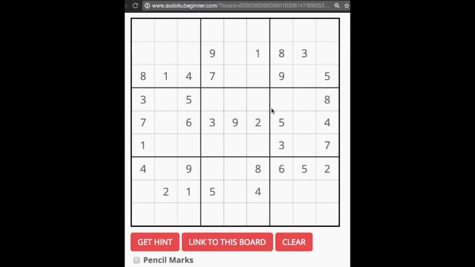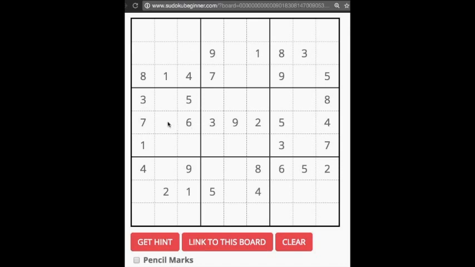This is a moderate puzzle, which means that we might not be able to solve it entirely using simple techniques. We might actually have to turn on the pencil marks and use a little bit more advanced techniques. But let's get started. So the first thing that jumps out at me about this puzzle is that this middle